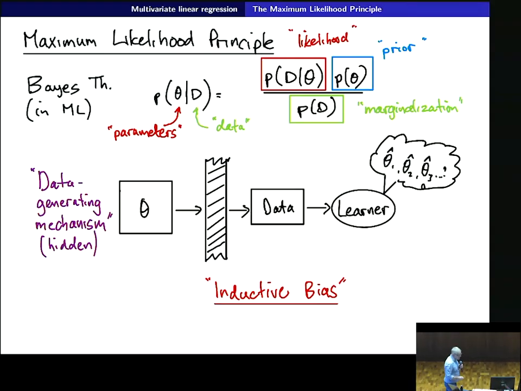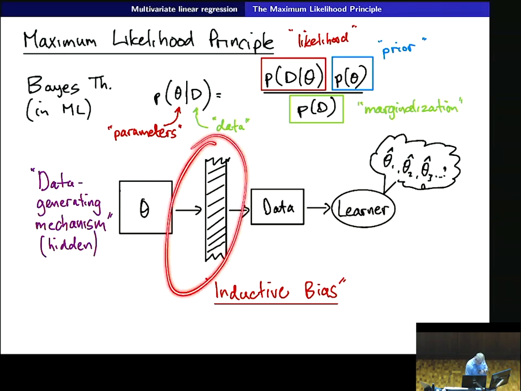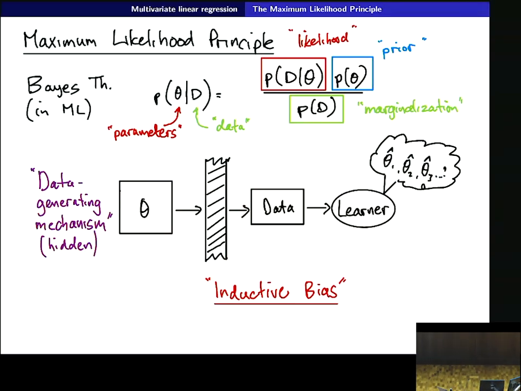So what that is, we assume that our data is coming from somewhere, and there's a particular mechanism which has a set of parameters theta, and that's where our data comes from. So it's like a random source. Now we can't see this, and this is supposed to be a wall that we cannot see through. So we never know what the real parameters are. In fact, we don't even know what the mechanism is. All we know is that we have some data,